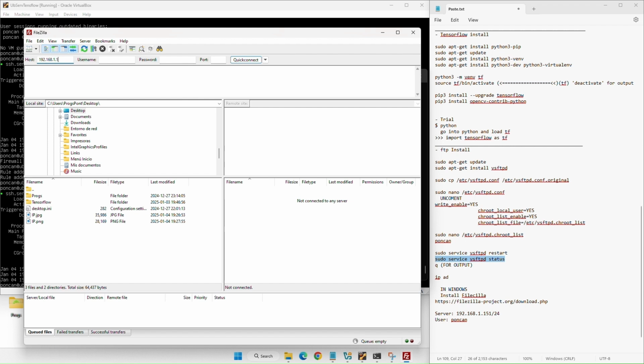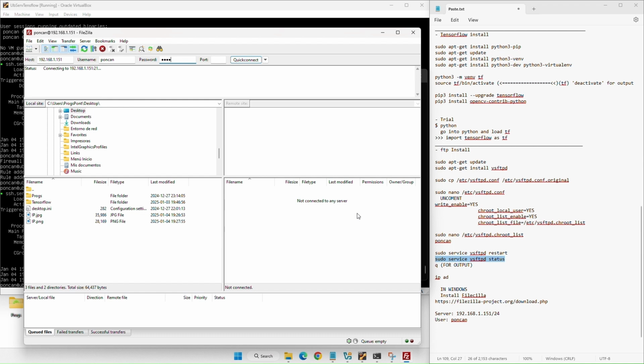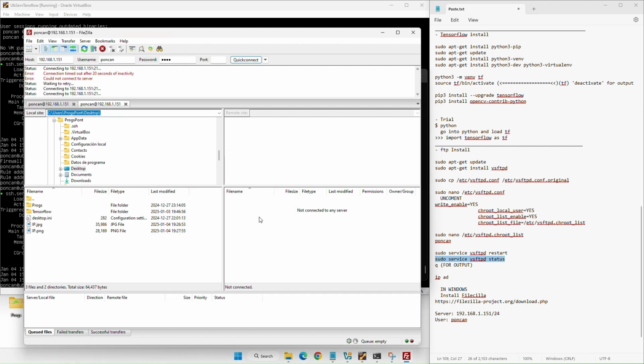We open it and enter the IP, user, password and port. As you can see, we did it wrong the first time.